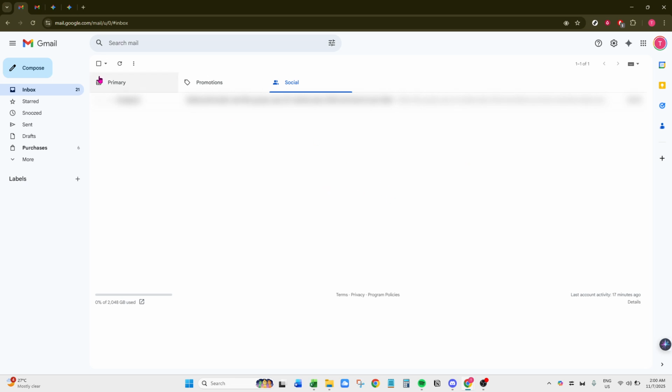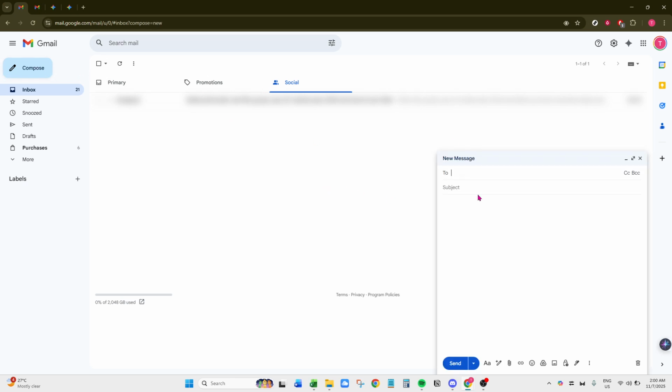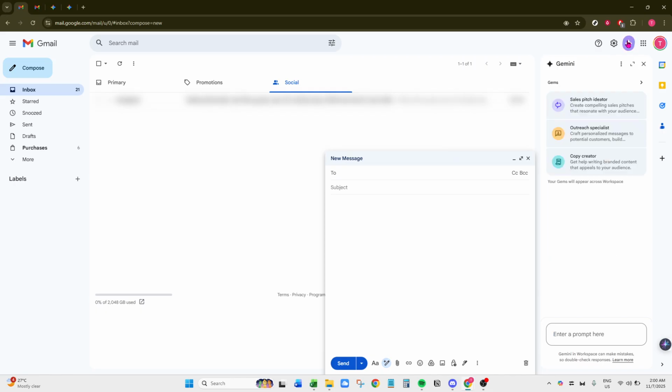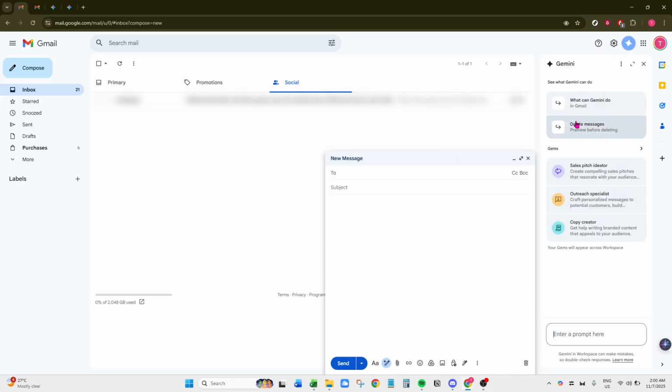Now that you have the email thread open, you will notice an option or button that says Ask Gemini. This tool is integrated into your Gmail for your convenience. Go ahead and click on it. The beauty of this feature is that it acts as your assistant, ready to help with any information or summaries you need about the conversation in front of you. Once you click Ask Gemini,